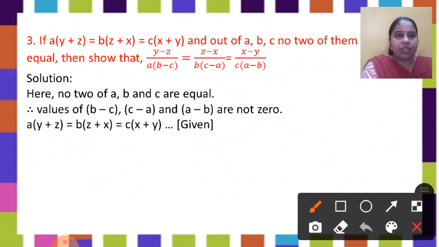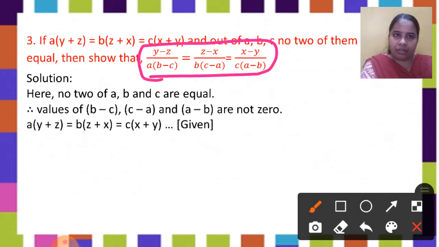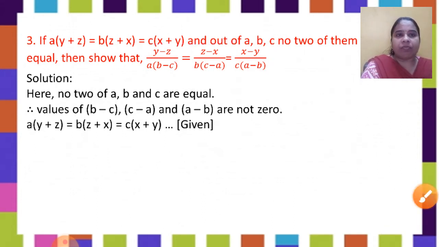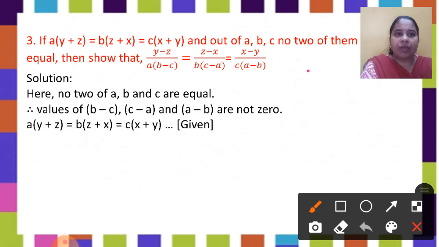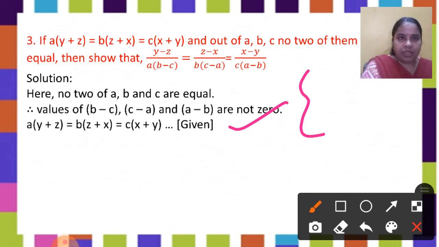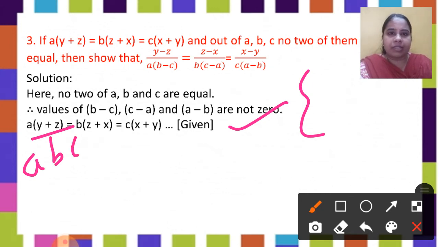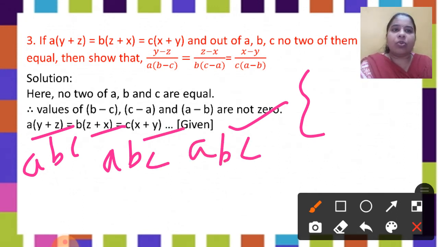Now this type of sums are lengthy, I agree, but there are enough hints or clues I can give you so that it will become easy. What I have written here till now is just the given part, nothing extra. This is what is given to us. Clue to remember, I want you to write it in the margin wherever you are solving this sum: when such questions are asked, the clue to remember is divide throughout by a, b and c. All these ratios, all these terms, you divide by a, b, c. This also by a, b, c. This is a clue to remember.